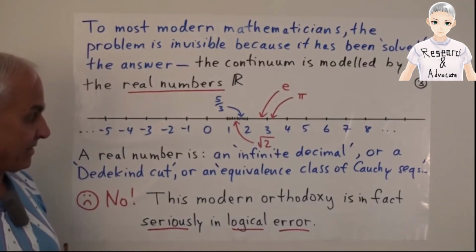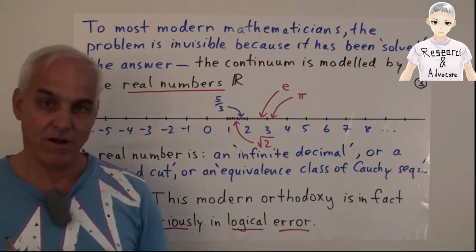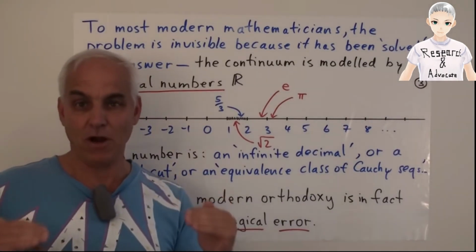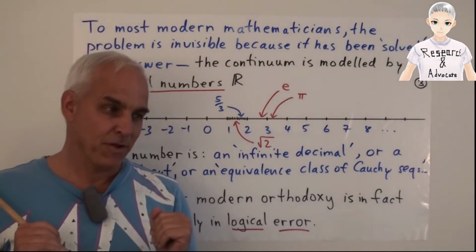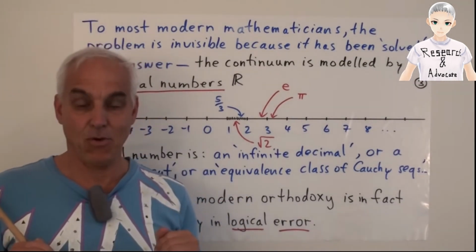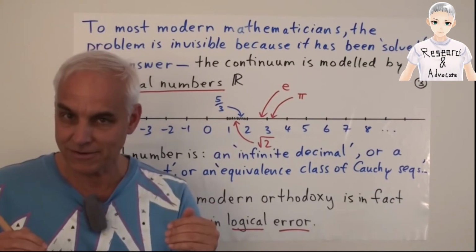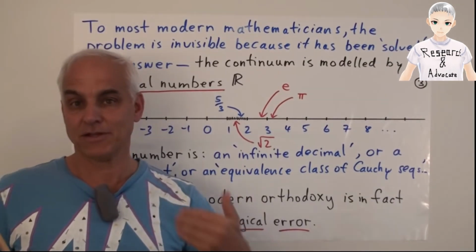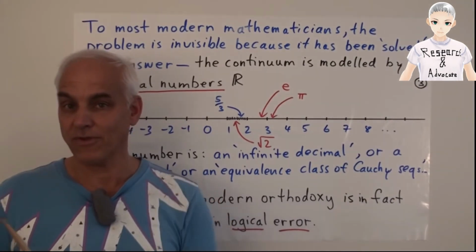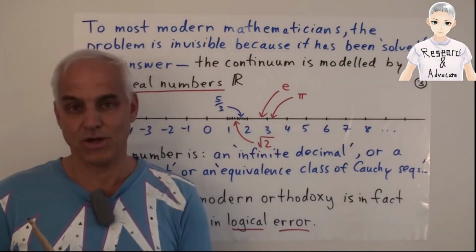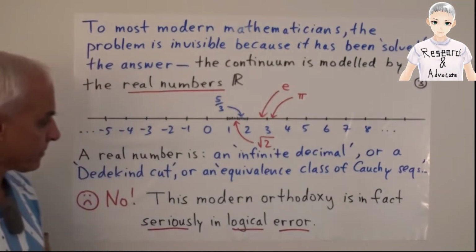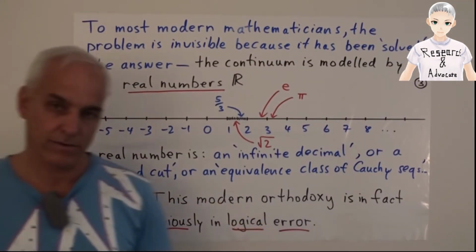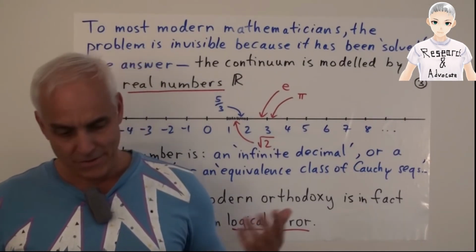So it's a very unfortunate aspect of modern mathematics, and it's a very big step for students to start appreciating that the status quo, the orthodoxy that they have been taught, is in fact really misleading and misrepresents the historical importance of this absolutely crucial question. So the modern orthodoxy is in fact seriously in logical error. Now, this is a very important